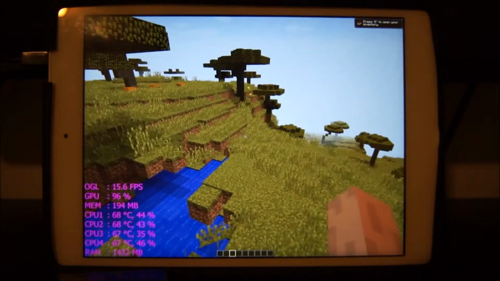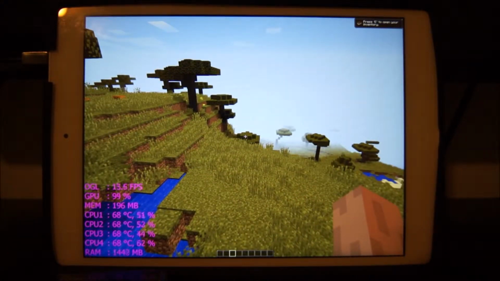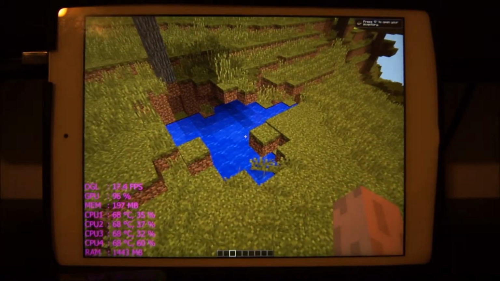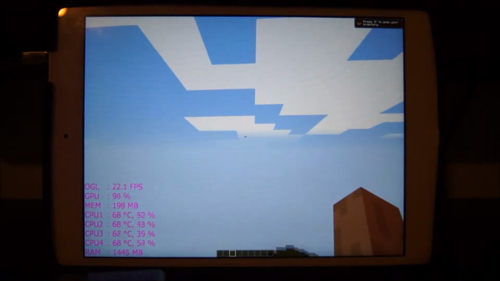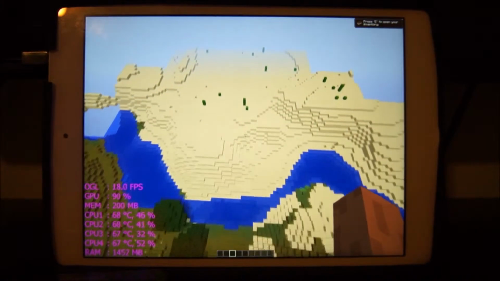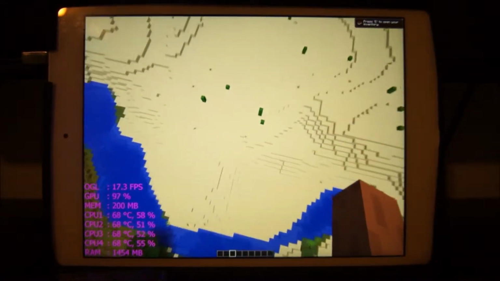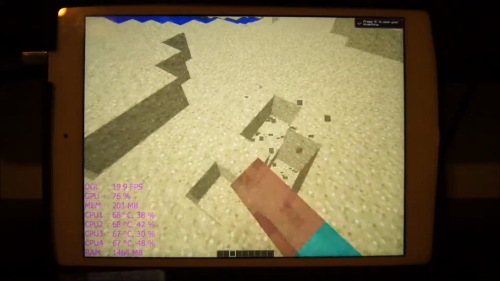CPU temperatures are approaching 70, but they'll more than likely stabilize at that temperature. As you can see, the frames per second right now are low. I wouldn't really call it truly playable, even with Optifine. I mean, I guess it could be playable for some people, but